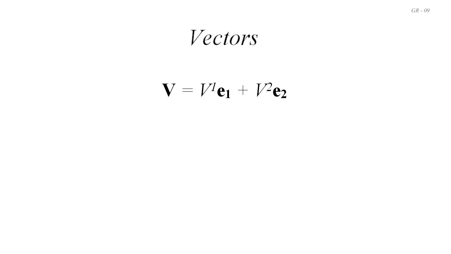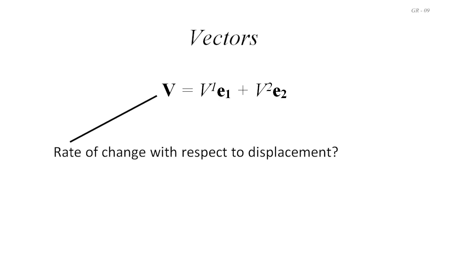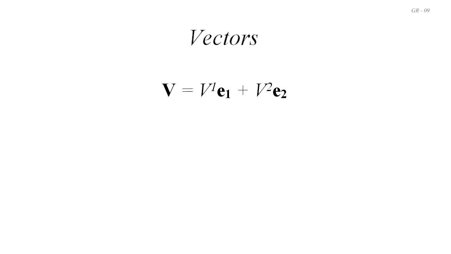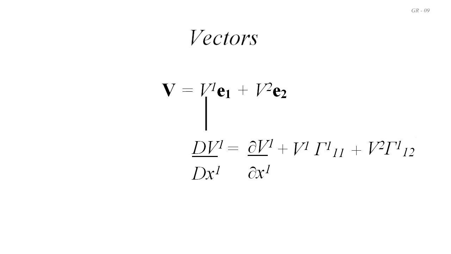Finally, for this vector field, we could ask about the rate of change with respect to displacement of the vector field v at a point. This was the topic of an earlier video, number 7, where we realized that if we took the straightforward derivative or rate of change of a particular component in a particular direction, say dv1 by dx1, then it would in all likelihood be different in different reference frames. This derivative is therefore not a useful derivative for differential equations if we want such things to be independent of the reference frame. However, the covariant derivative, which was written like this, does stay the same, regardless of the frame